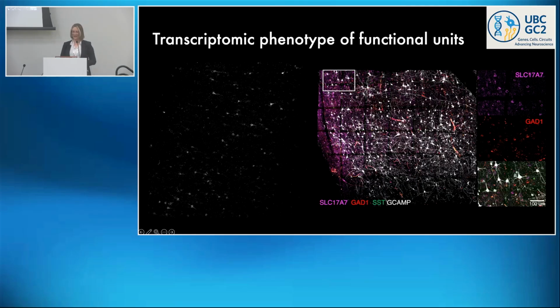And I just want to highlight that with all this established over the last 5 years, we now have a platform that is generously supported by Brain Canada, which is called the Gene Cell Circuit Advanced Neuroscience Platform, so UBC GC2. It's intended to advance technologies to explore brains at multiple levels, from molecules to behavior. It's really supposed to be a sharing platform where we can do experiments. Researchers come in with cool ideas, and then we can do them together there. Mevish is here today. She's the coordinator of the platform if you ever want to have more of a chat about it.